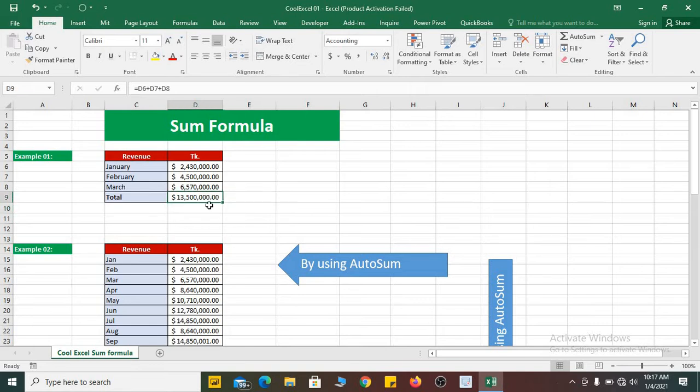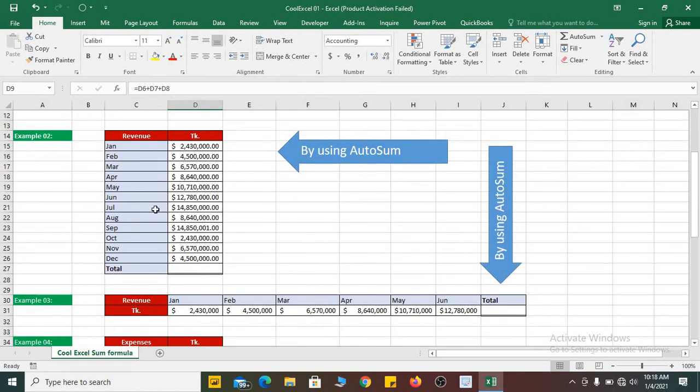It's quite easy to do, but if you want to make the sum from this data, it will be hard for you, because if you need to add these 12 cells together, you need to press enter from your keyboard to get the sum amount, but it will be time consuming. So how can we do this in a quicker mode? Let's come to this total cell area, and we are going to find the total of our revenue amount for these 12 months.